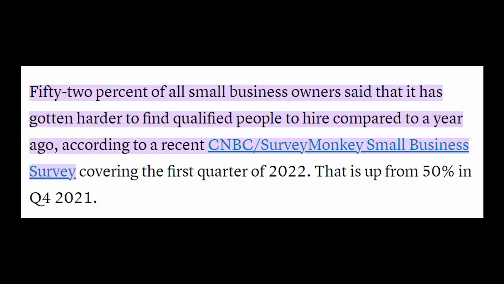How to find employees and avoid employee shortages. Businesses around the world are struggling to attract employees. As a business owner, you need to know exactly what to do to attract the right people and retain them